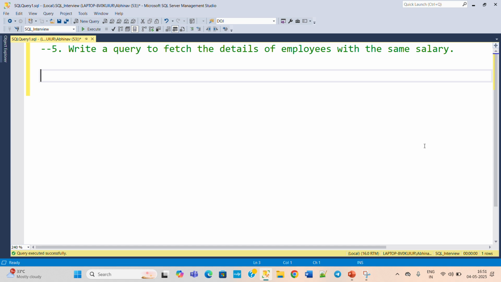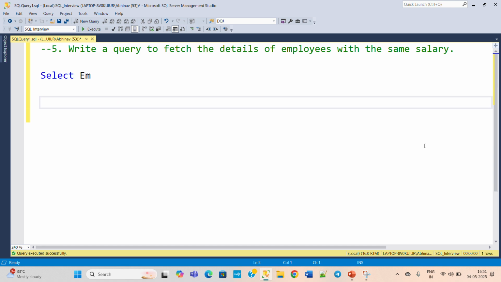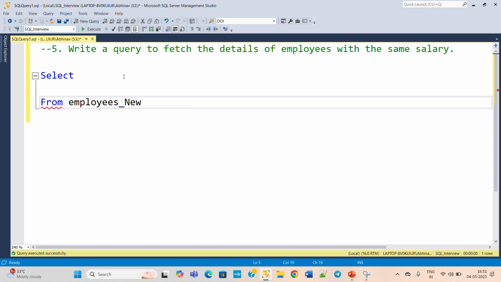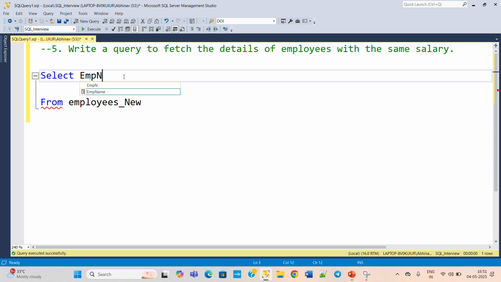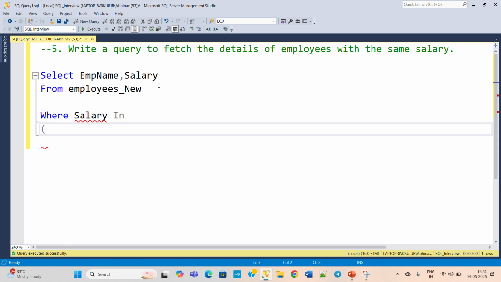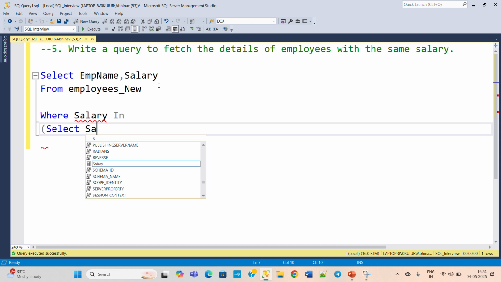Now the final query for this will be like this: we need to select employee name, first the table name, mention the table name so that IntelliSense will work. So select from employee new table, and here we need the employee name and the salary will be enough. Then the subquery part will come: where salary in, the subquery will be like select